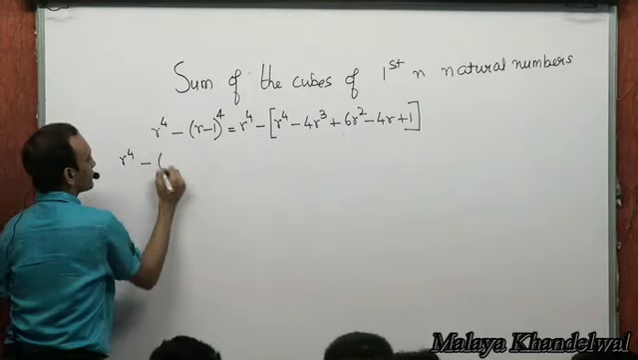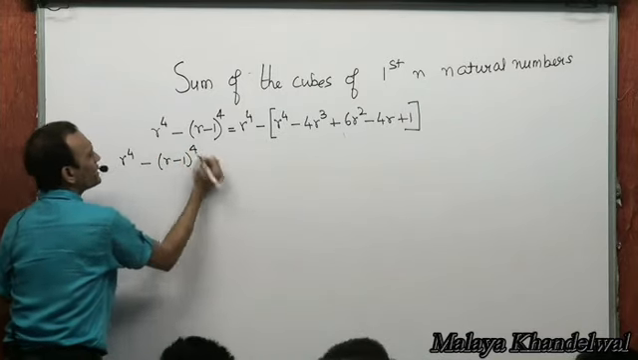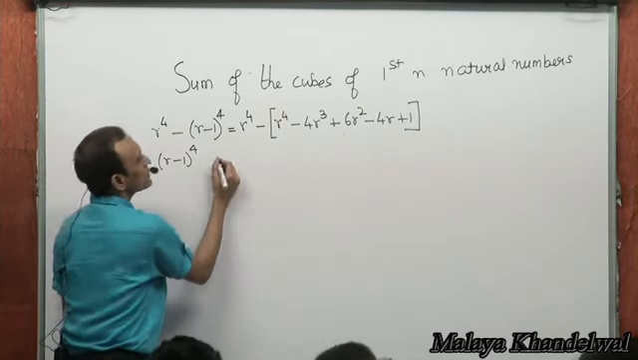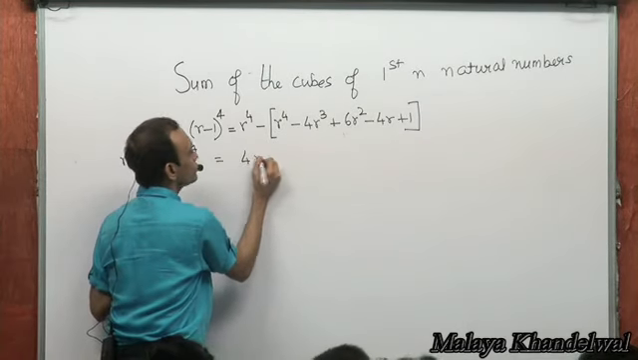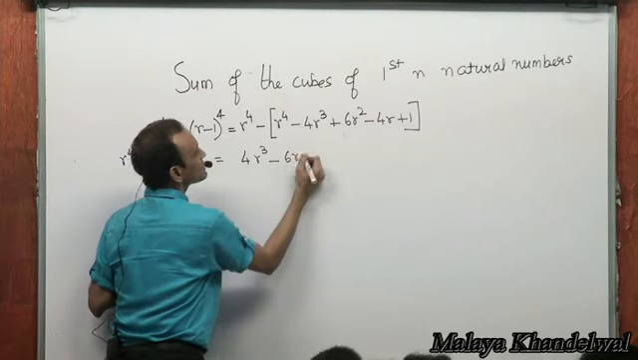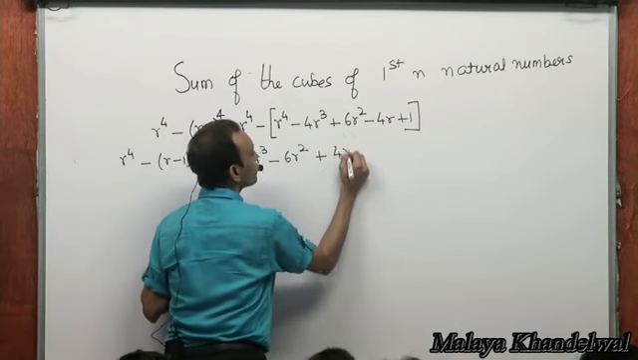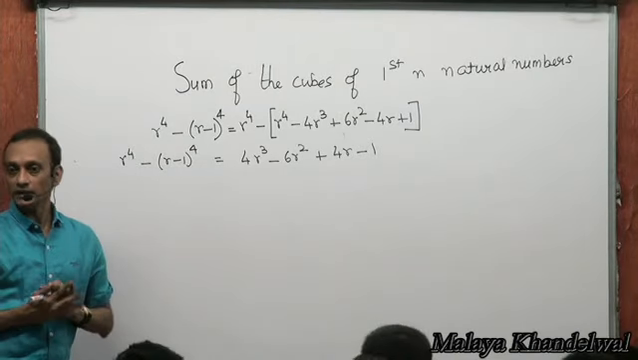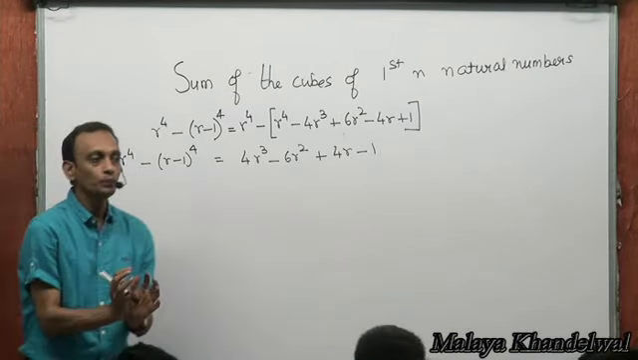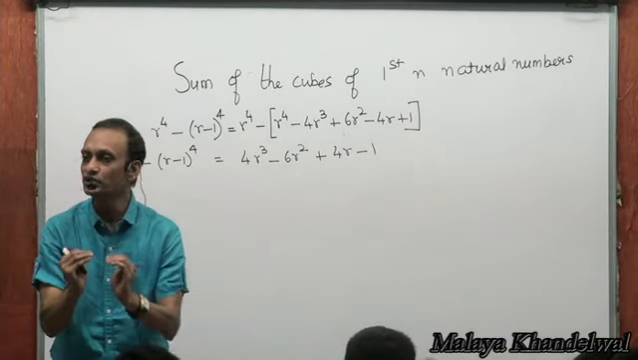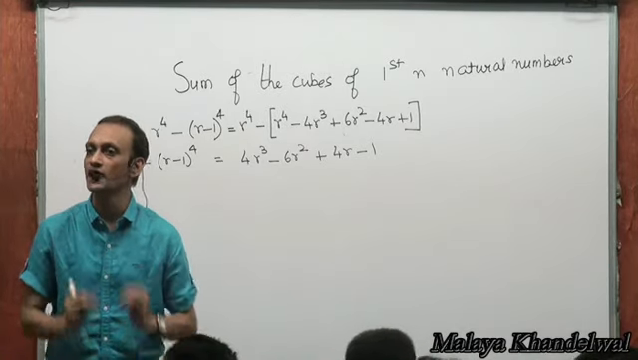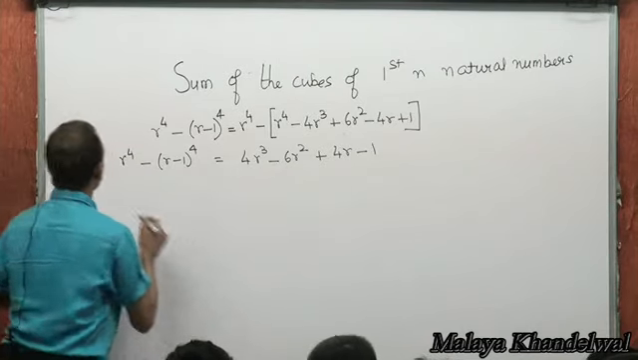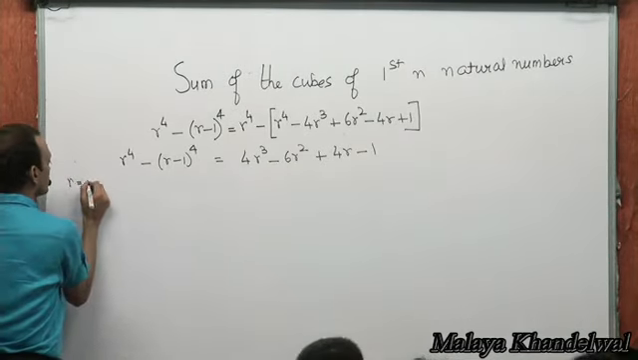So then, what is this? Equation or identity? This is an identity, yet another identity. Clear? This then is like 4r cubed minus 6r squared plus 4r minus 1. Right? And now I plug in r equal to 1, 2, 3, etc. successively. So if I plug in r equal to 1,